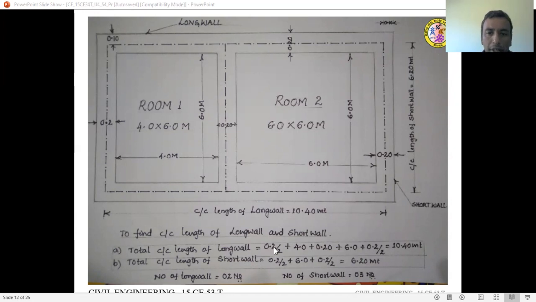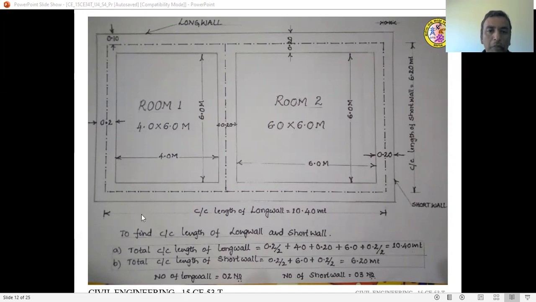Then plus you have to add the horizontal distance of 4 meter, then you have to add 0.2 meter, the width of the wall, then you have to add the horizontal length of 6 meter, plus here only you have to take half of the width of the wall because the center line lies at the center of the wall, 0.2 by 2,